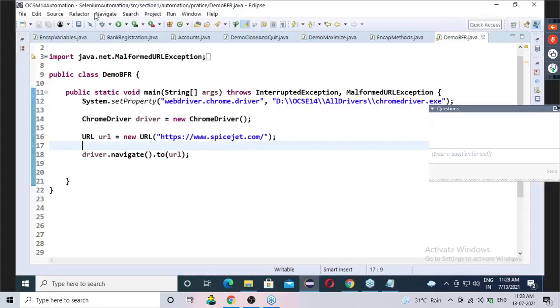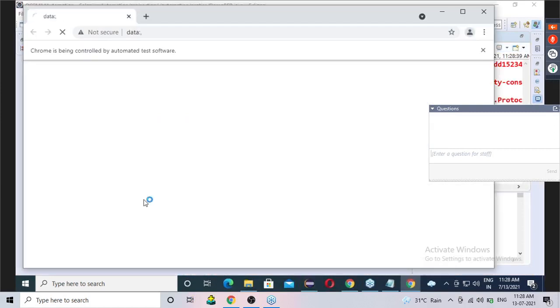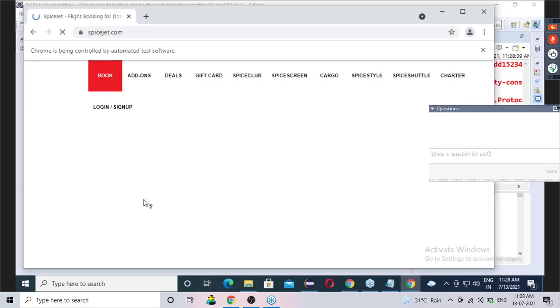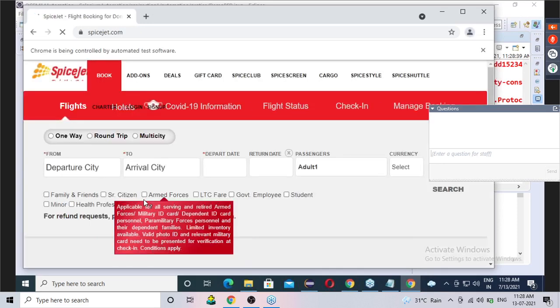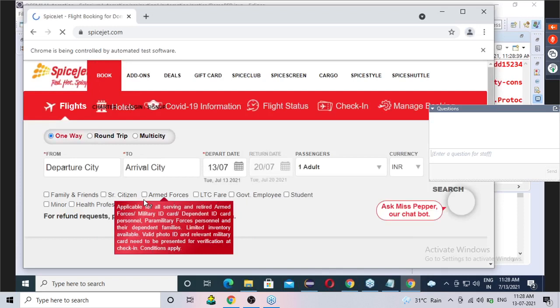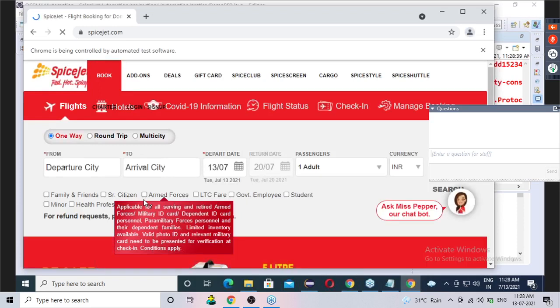So nothing but, guys, now can I say you have three ways to open an application? Correct? Okay. And it will open SpiceJet. Done? Now note down all these things.